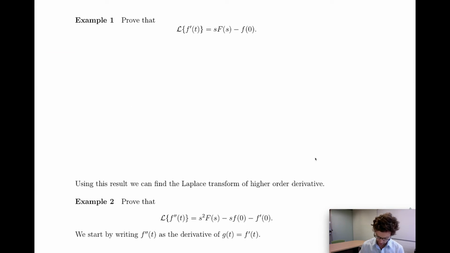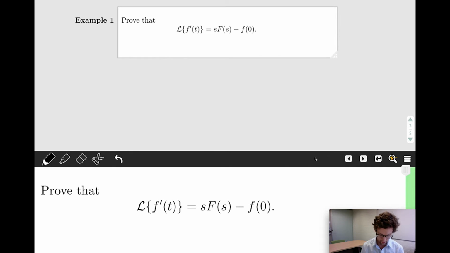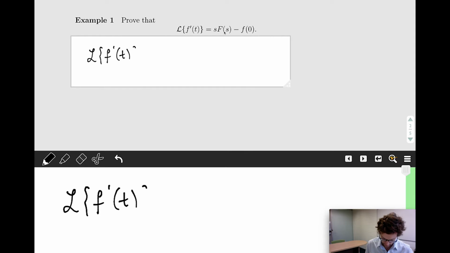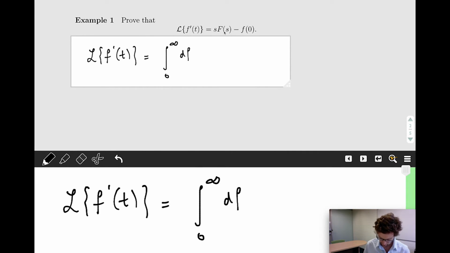So here's what we're going to try and prove, that the Laplace transform of the derivative of f is s times F of s minus f0. And we're going to prove this by integration by parts. So we're looking for the Laplace transform of the derivative of f, the time derivative of f. Let's use the integral formula, as always, for this proof. So this is the integral from 0 to infinity of the derivative of f with respect to t, e to the minus st